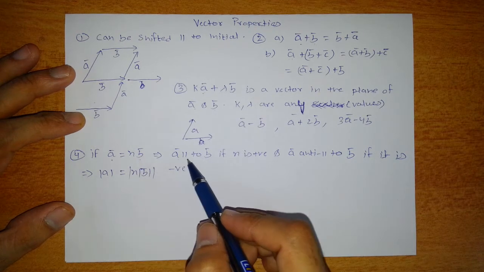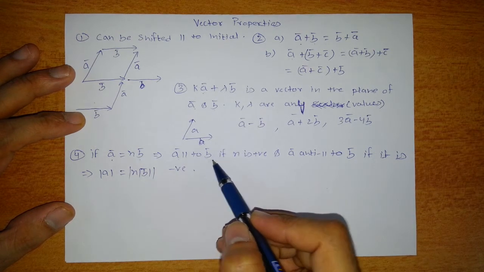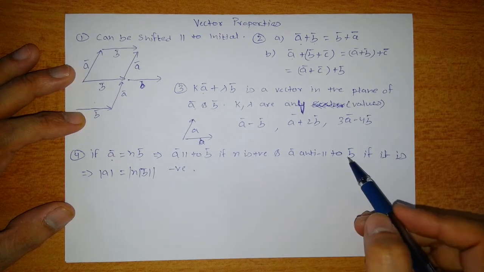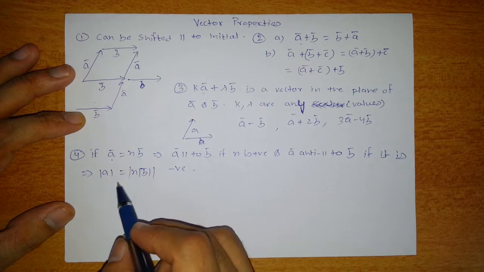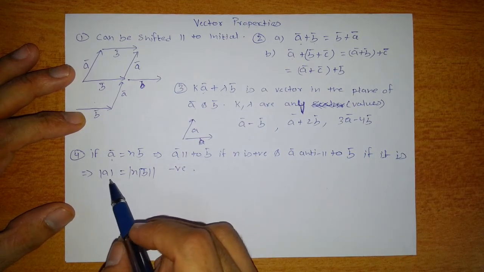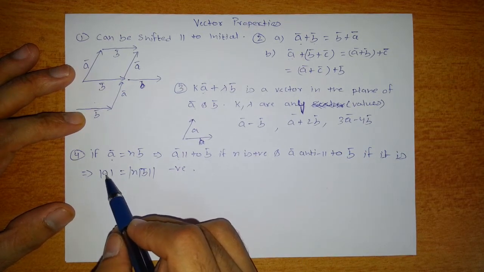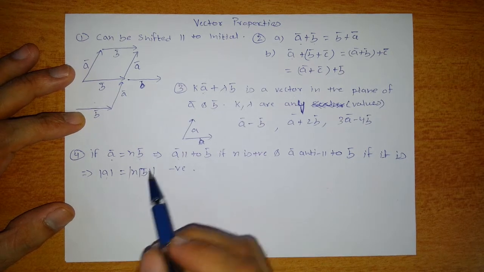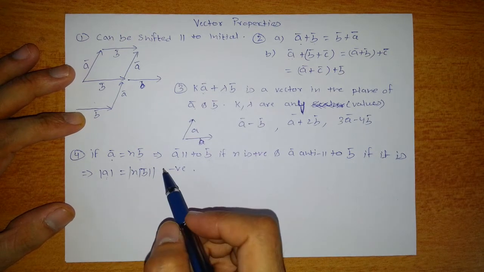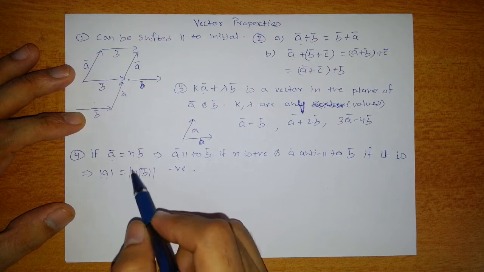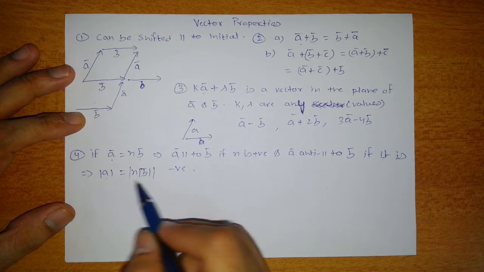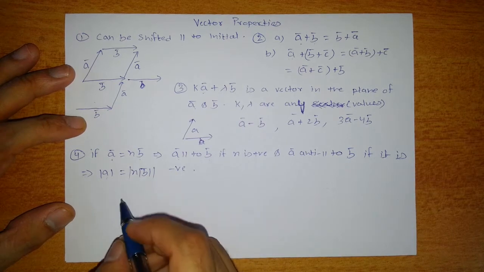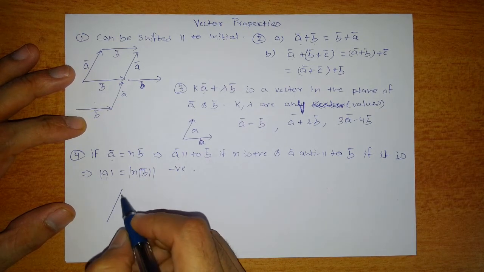We can say a is parallel to b if n is positive, and they will be anti-parallel if n is negative. We'll explain it more by taking some examples. And the magnitude of a will be n times the magnitude of b. We have added an extra mod just to make sure that if n is negative, the condition will still be satisfied. For example, there is a vector a